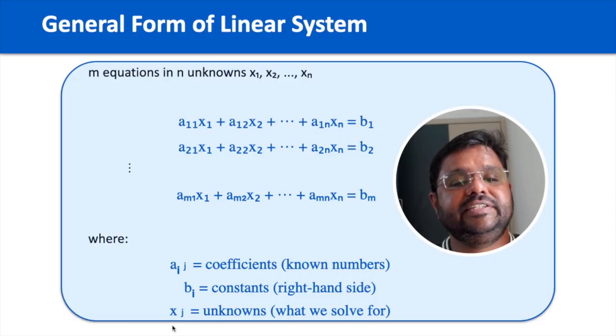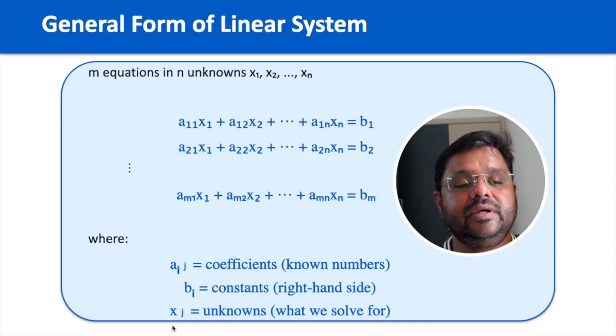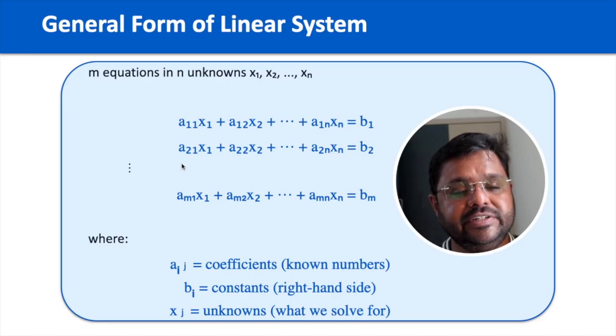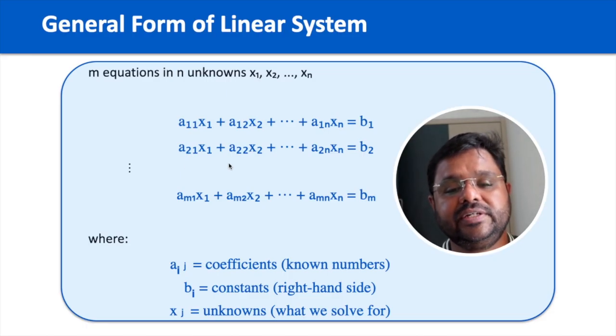So let us see the general form of the linear system with m equations in n unknowns. The unknowns are x1, x2, etc., xn. So how can we write them? It is a11 x1 plus a12 x2 plus etc., a1n xn. Those a11, a12 are all numbers. The second equation is a21x1 plus a22x2 etc., a2nxn. Those are again numbers. The mth equation is am1x1 plus am2x2 plus etc., amnxn equal to bm,